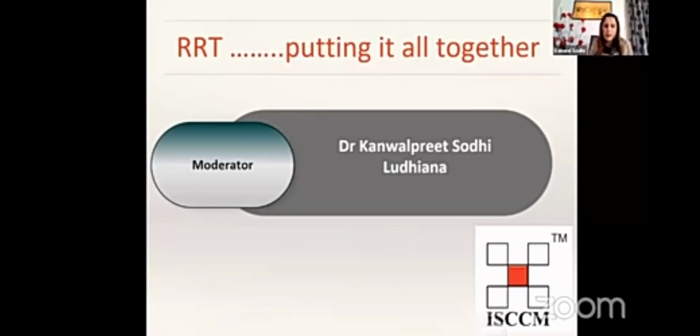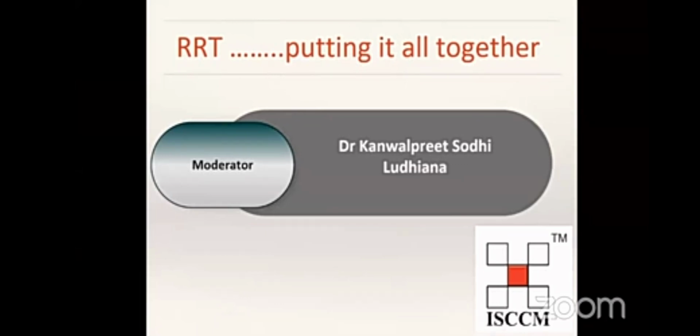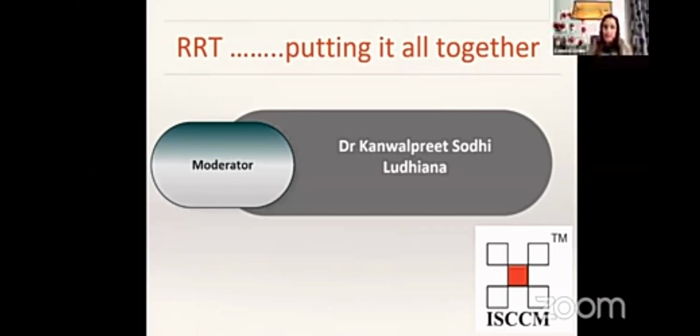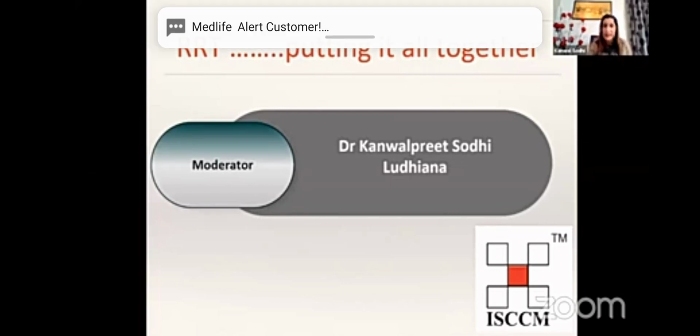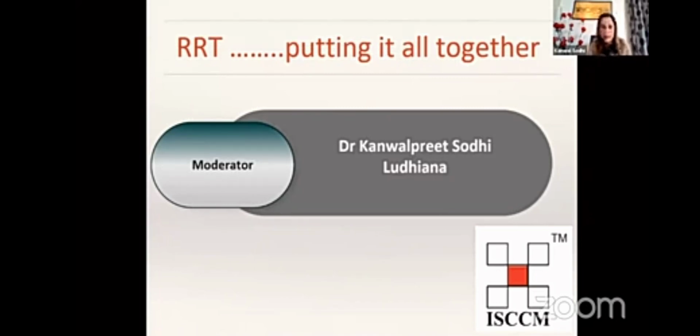Hello friends, we all know that half of our ICU patients develop acute kidney injury at any point of time during the ICU stay. And renal replacement therapy is being increasingly utilized to support the critically ill patients with severe AKI. Approximately 2/3 of patients with AKI go on to require RRT during any point of time during the stay in the ICU.